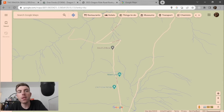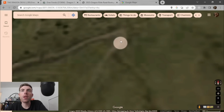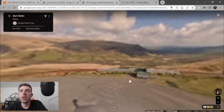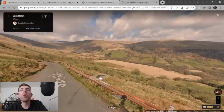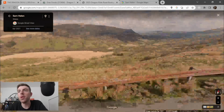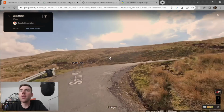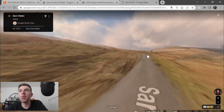You can see it in all its glory. There is a time segment as well, right here on Devil's Elbow, but you can't actually see the road. Yes, there it is. So there's the road coming that way, around the bottom and up here, and it comes from down in this valley down here. So you come up to the top, stay wide on the hairpin if you can, smile for the camera, and